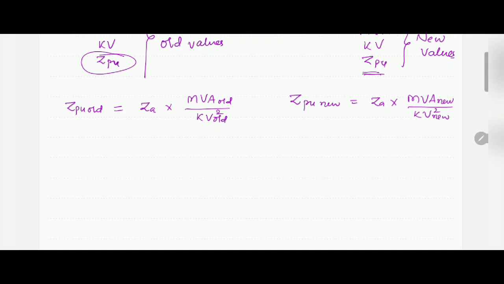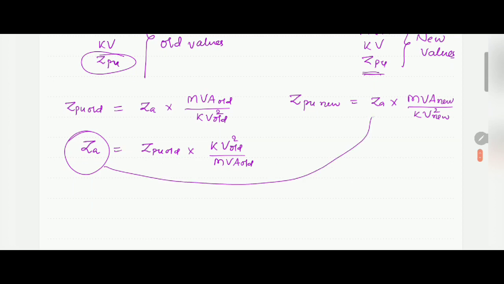It will also be a square here. From this relation we will calculate the value of Z actual. So it will be equal to Z per unit old multiplied by kV old square divided by MVA old. Since the value of actual impedance will be the same in both the cases, we will put the value of Z actual from this relation into